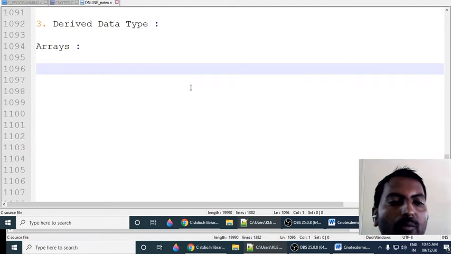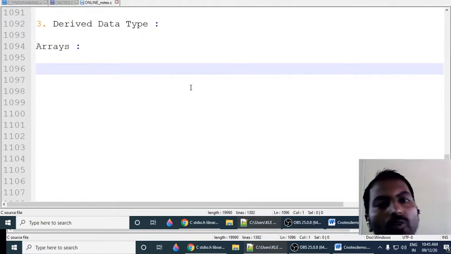If I want to represent one integral value, I need how many variables? One variable is required. If I want to store one value, or if I want to assign one value, I need one variable. If I want to store two values at a time, then that time I need to declare two variables to store two values.